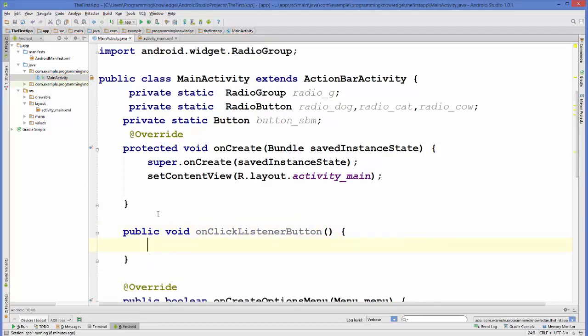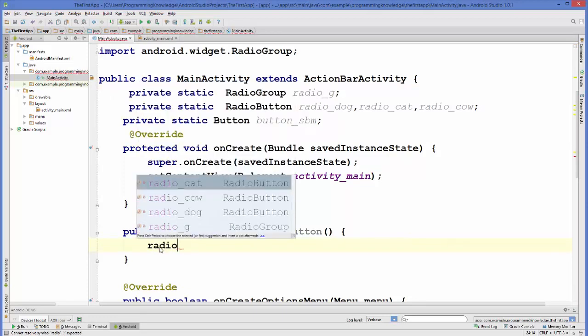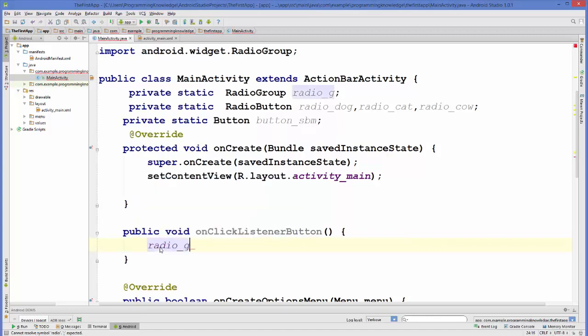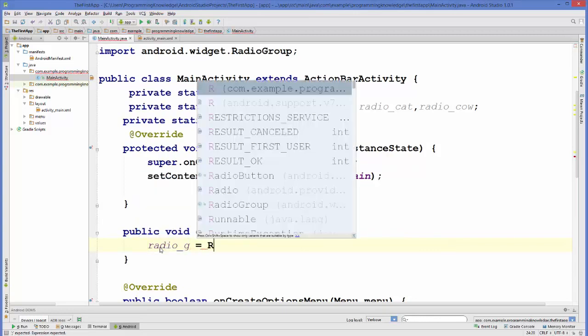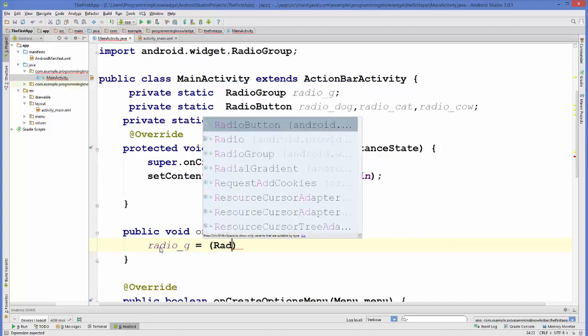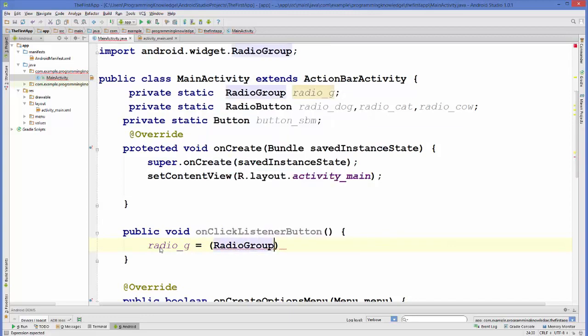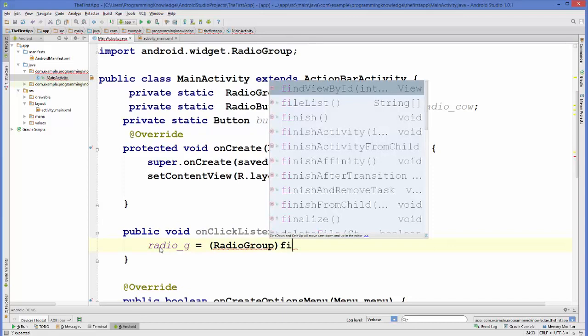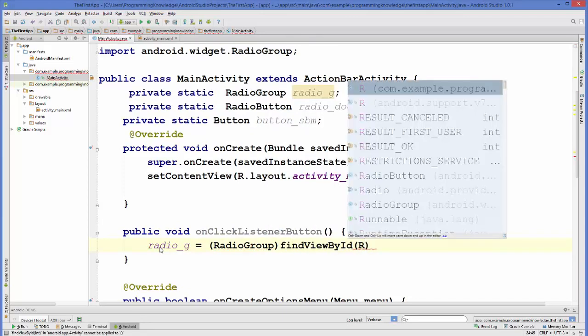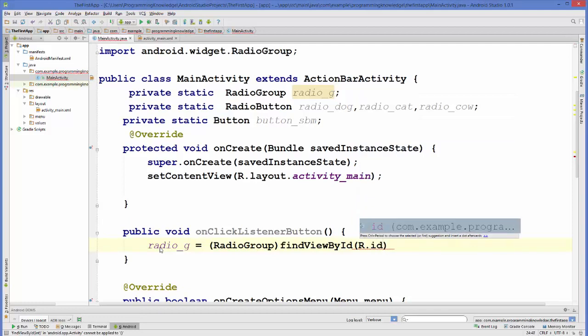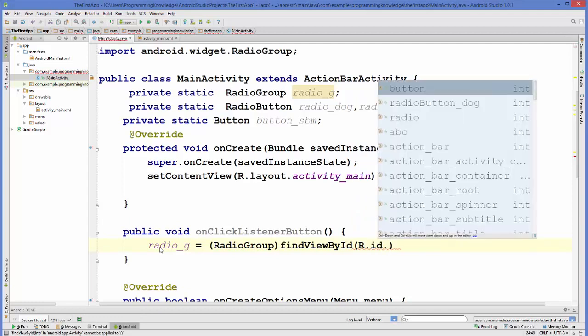And inside this method, what we are going to do is we are going to cast our radio group first. Okay, so in here radio_g for radio group is equal to, in the bracket, RadioGroup, and we will find it by ID. So findViewById, R.id.radio group, right? So the name of our radio group was,